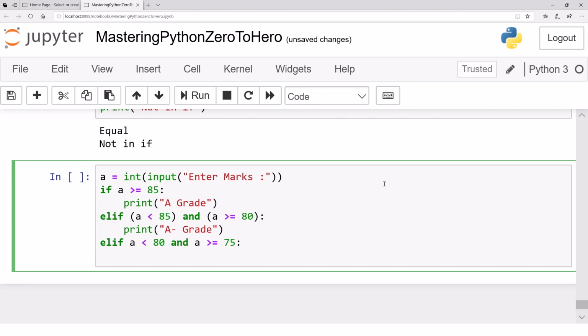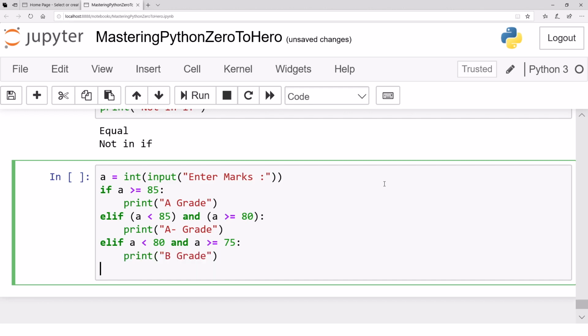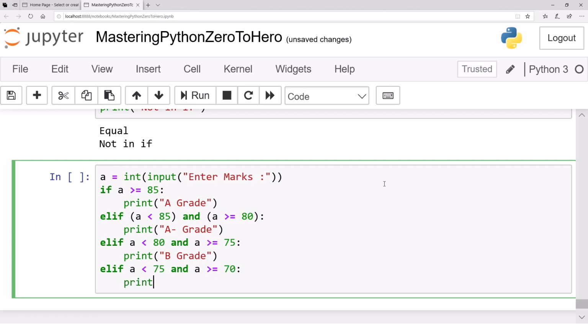Okay, then we have print, let's say B grade, and let's say one more elif, if a is smaller than 75 and a is larger or equal to, let's say, 70, then print B minus grade, let's say, and